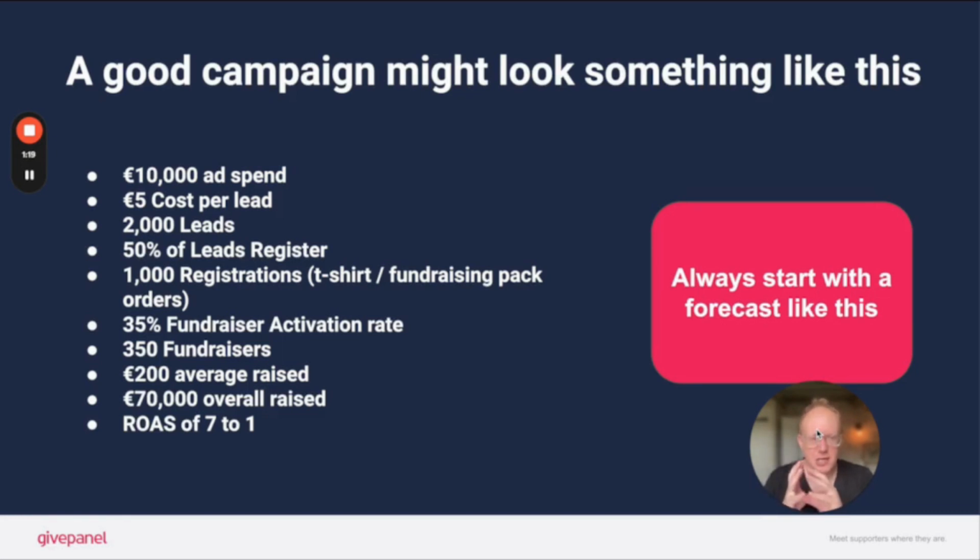I always like to start with a forecast like this, so you have an idea going into the campaign of the kind of metrics you're aiming for, and you will put your own ones in here. I would say don't be too ambitious. You obviously want to try and beat your forecast, but this is the way I would do it. I would adjust these different metrics to make sure they make sense, and then I would have a starting idea of roughly what I would want to achieve.